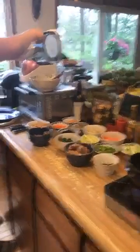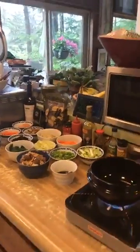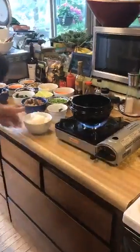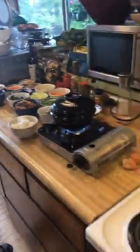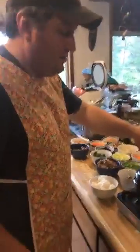Do me a favor and shut that burner off with the eggs on it, please. Thank you. Do you want me to take it off the burner? Yeah, let's do that. We don't want that to overcook. Okay. So this is going to come up to temperature pretty quick. We can even put the top on here. Get that going. So we're going to get this nice and hot, and then when it does, eventually... You're going to need a hot pad when it gets nice and hot. Probably true, yeah. And then we're going to put it on a serving...